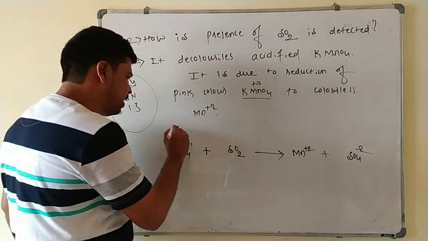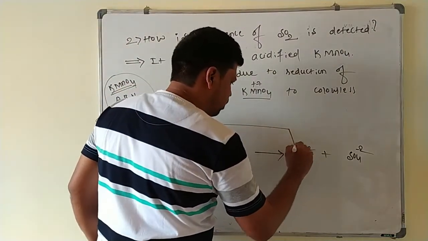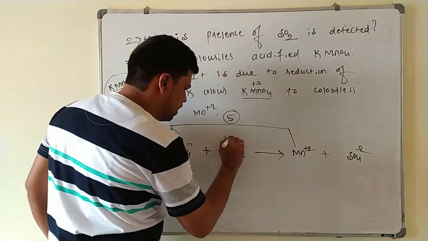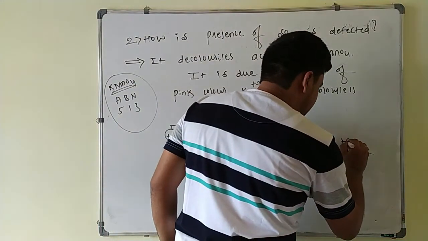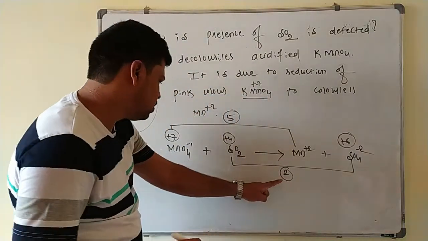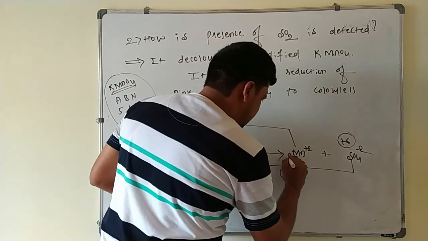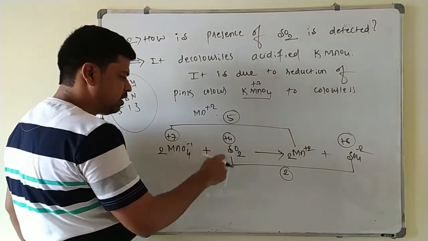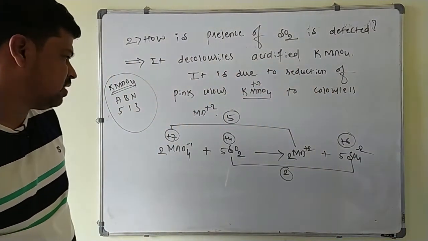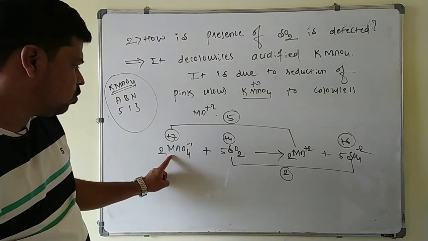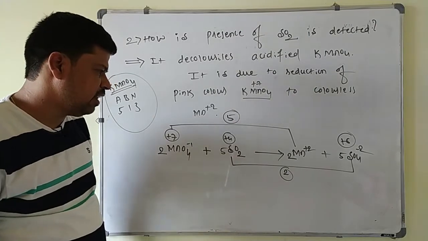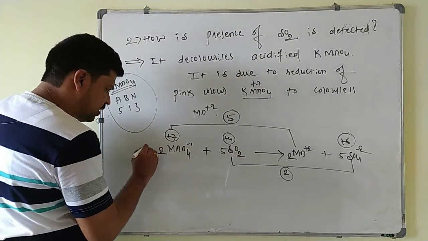So here +7 to +2, how many unit reduction takes place? 5 units. And here the oxidation state is +4, and here the oxidation state is +6. So how many unit oxidation takes place here? 2 units. So this 2 is multiplied to the Mn, and this 5, the change in oxidation state, is multiplied to the SO2, and this is 5 times SO4 -2. Now you count the number of oxygens. 2 Mn are there, and the total here is 20 oxygens, and here it is 10 plus 8, 18. So here 2 oxygens are deficient.